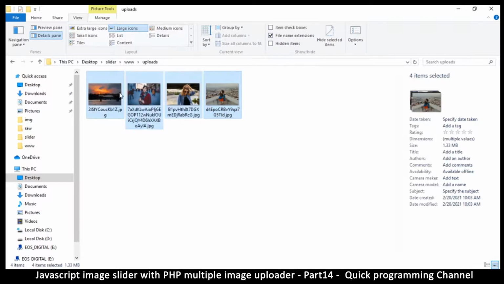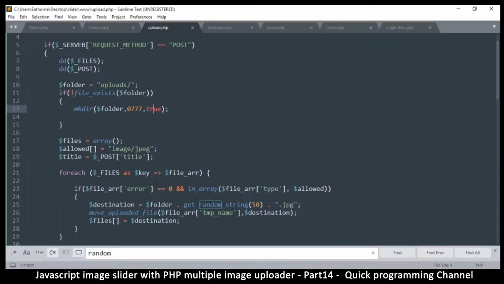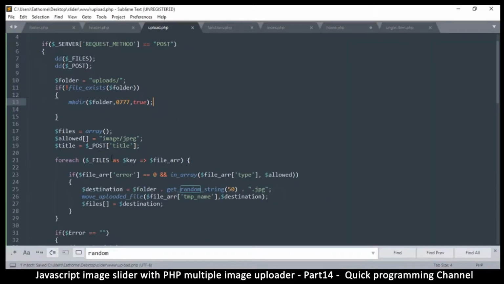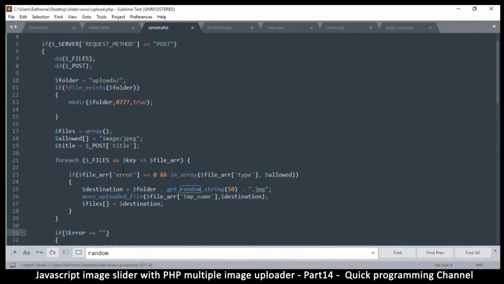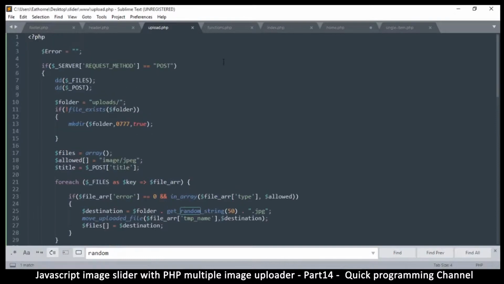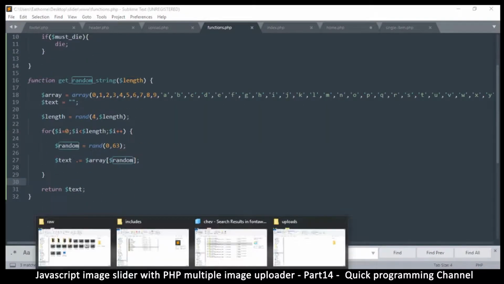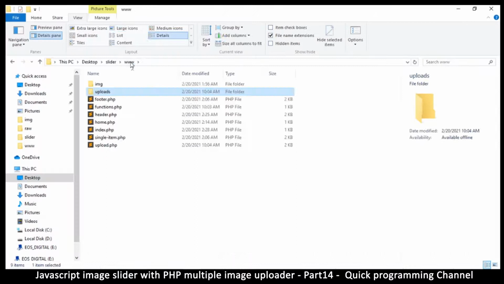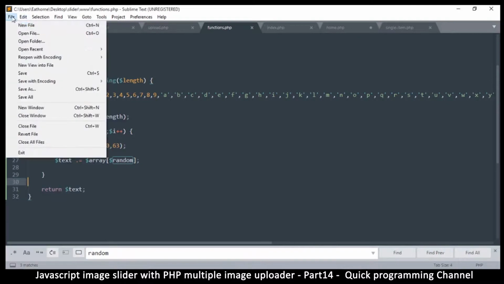So I'm going to delete these here because I don't need them. And let's come back to our code here. And this time we want to save to a database. Now we must create a database before we actually save to it. So the same way we've created the functions file here, we can create another file here. Let me come back to this. We can create another file called database. So let me go file, new,